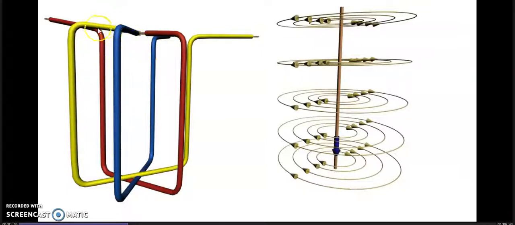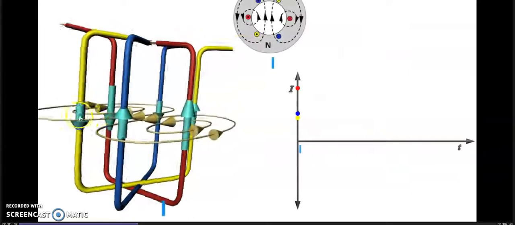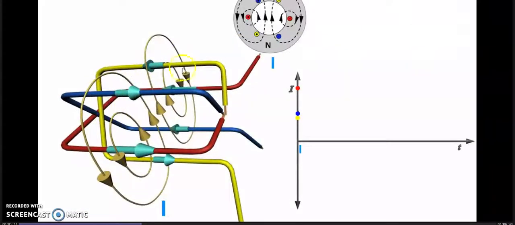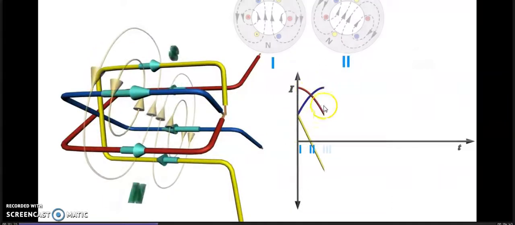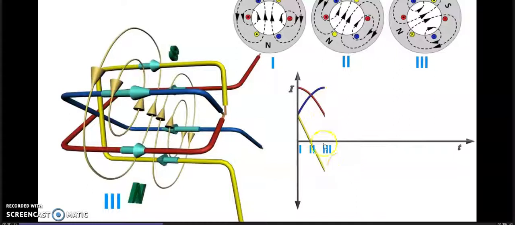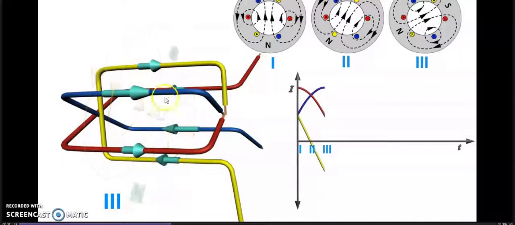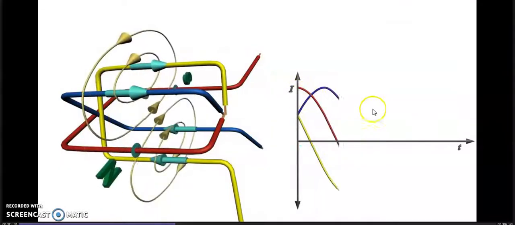So whenever I excite these three fields simultaneously, being 120 degrees electrically apart, a current flows inside this, producing the field in the same direction. And again, remember, the current changes its direction every half cycle as we are applying an AC voltage or AC current. You can see at the first instant, from all the three coils the flux starts to be produced, and it varies with respect to time, depending upon the flow of the current value. As the current changes direction, the flux will also change direction.